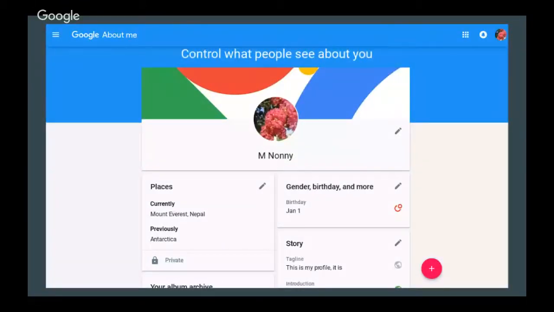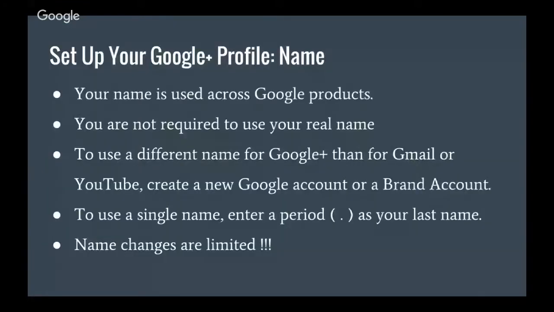The other thing I want to mention really briefly is that the About Me page is the only place where you can change your name. And because the name is shared across Google products, you need to consider that if you're changing it to something other than your real name. So if you change it to something really goofy, people who receive Gmail emails from you may see that goofy name.